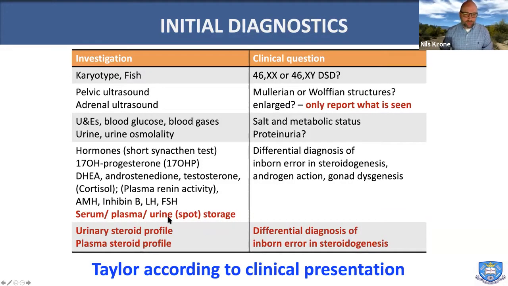Go for serum, plasma, and urine saved before you start treatment, but there's also some bit to tailor this according to diagnosis or probability, because otherwise we might end up with a blood transfusion, taking all those bloods in the first go. The other bit is if you have, for example, someone with 46XY, then it's very unlikely to have someone with 21-hydroxylase deficiency. It might be worth prioritizing hormones, etc.